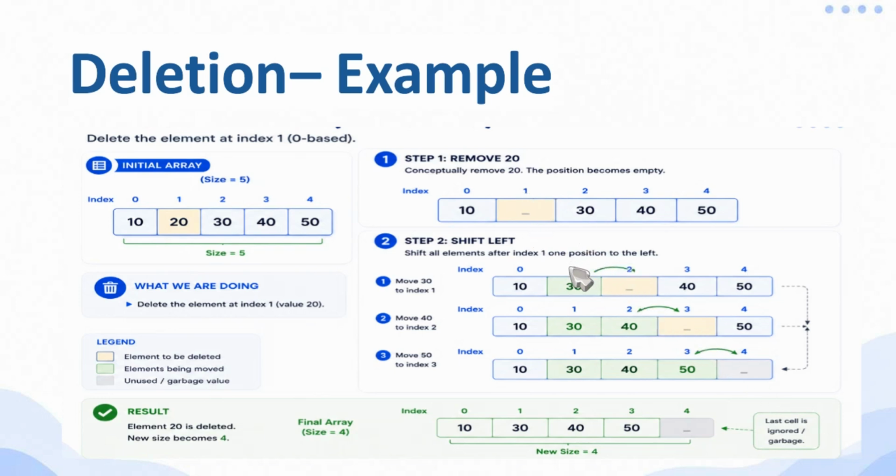Now the 30 element becomes index 1. Likewise, you shift the other elements, and we have now an empty space at the 4th index, right? So the last cell is ignored, it's garbage. Now the size of the array becomes 4, right?